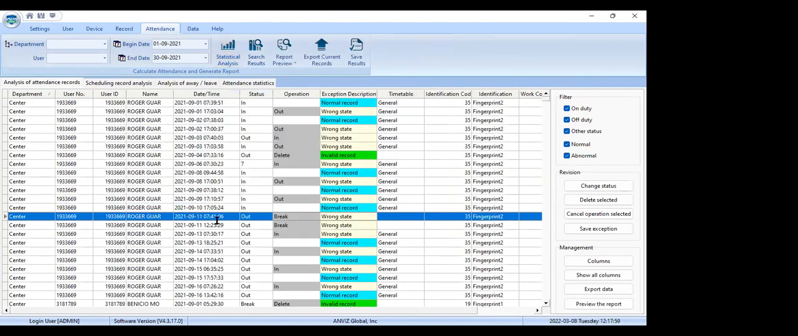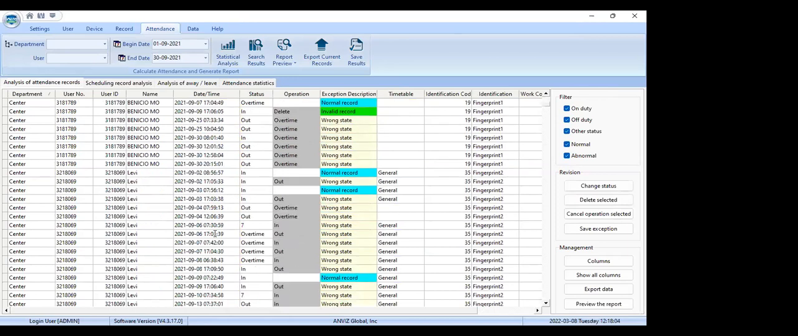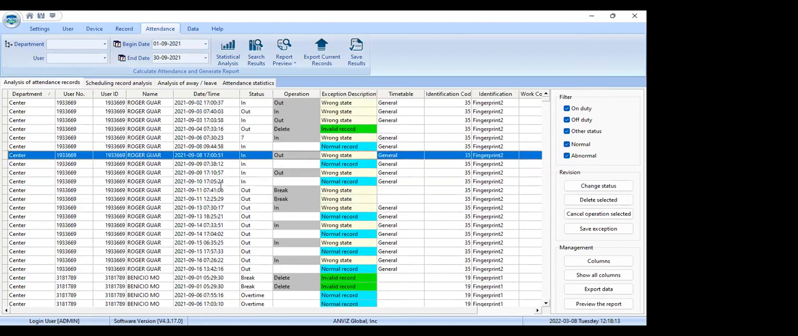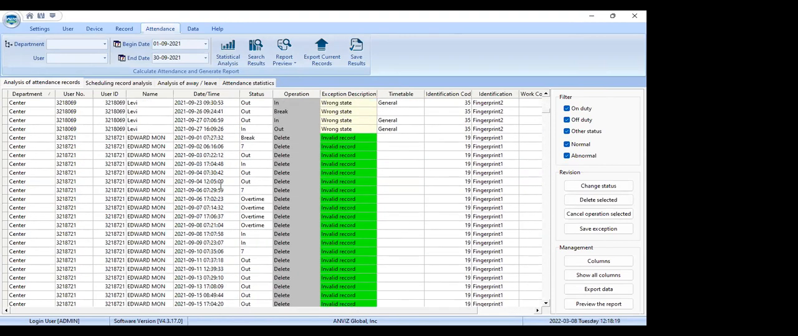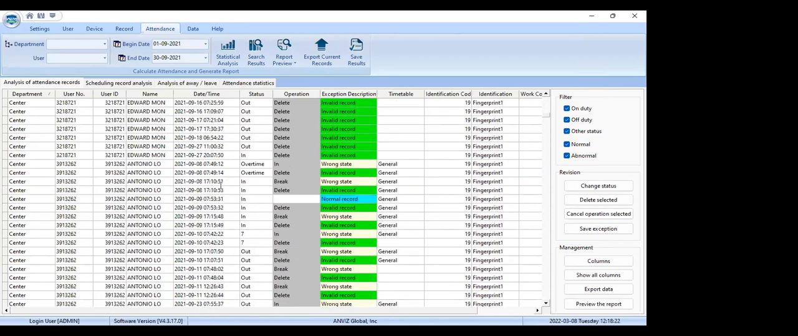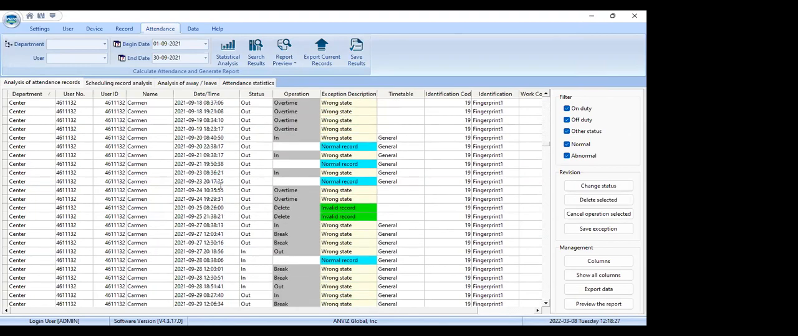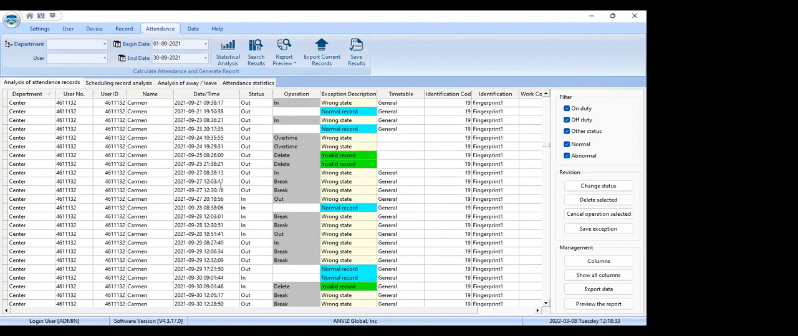Okay, so if you can see any example, let me check. Okay, so if you can see this example, like